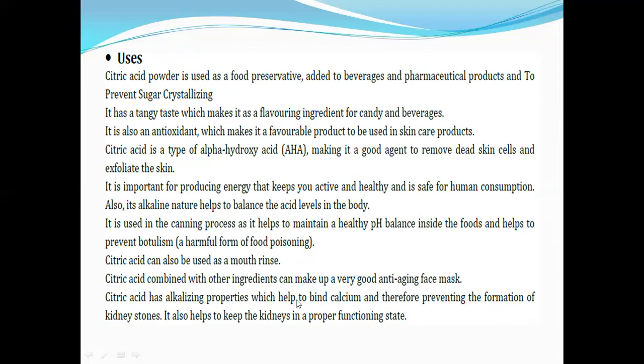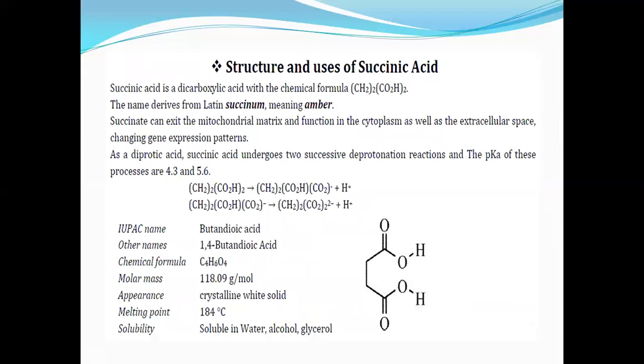It can be used as a mouth rinse or mouth gargle, also combined with other ingredients, and can make up a very good anti-aging face mask. The citric acid has an alkalizing property which helps to bind calcium and therefore prevents the formation of kidney stones. It also helps to keep the kidney in a proper and functional state. So these are all about the